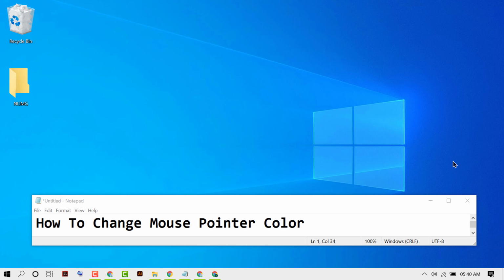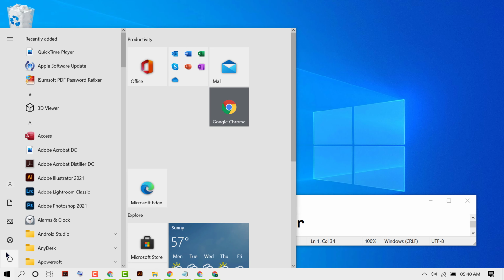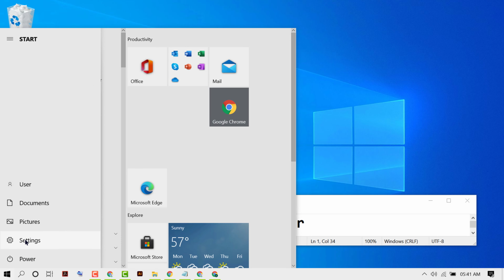Hello friends, in this video I am going to show you how to change mouse pointer color in Windows 10. So guys, if you are using a Windows 10 PC or laptop, you can change and customize mouse pointer size and color. So just you need to click on start firstly, then settings,